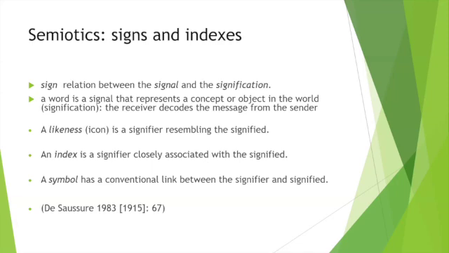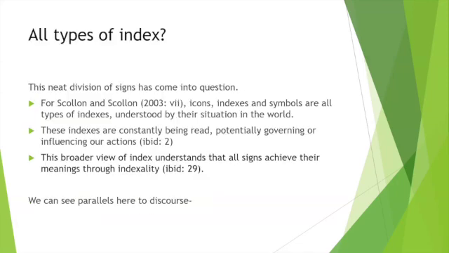So what kind of things do we see on the certificates and elsewhere? The neat division has come into question. Scollin and Scollin have done a lot of work on linguistic landscape, going out into the field, photographing what they see, like in squares and streets. They regard them all really as indexes. So it's the situation in the world. And people are walking around, reading them,